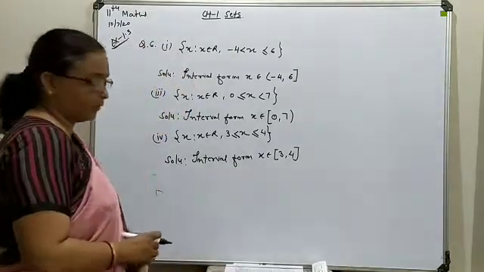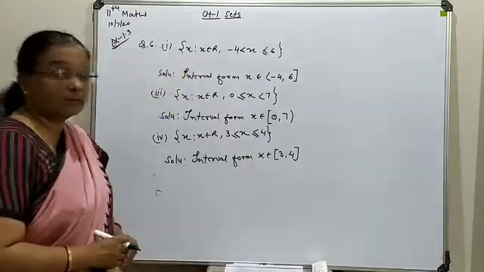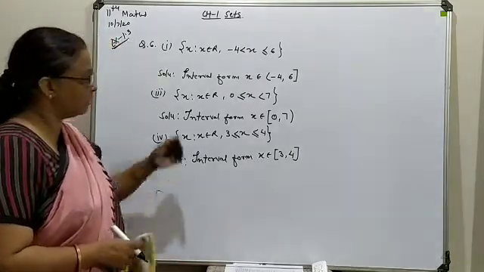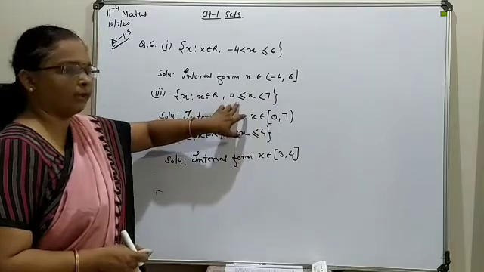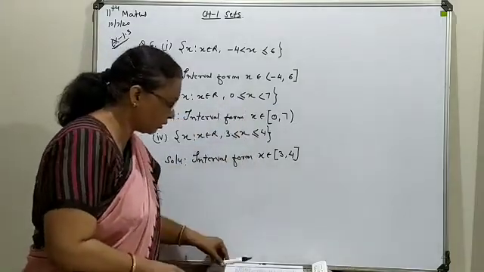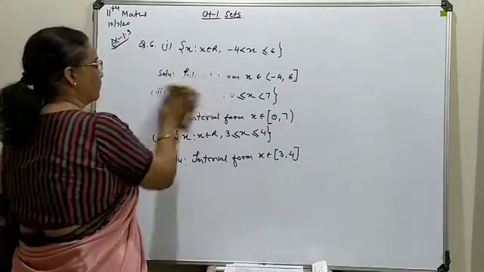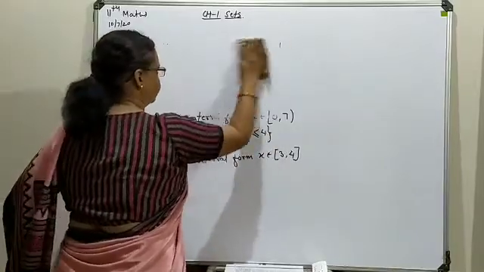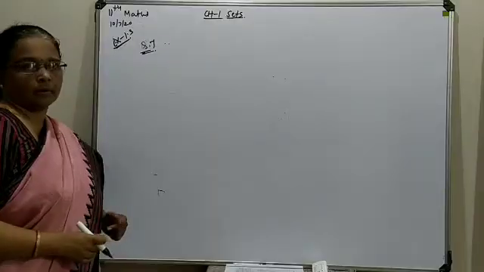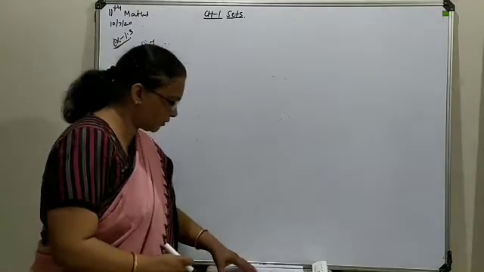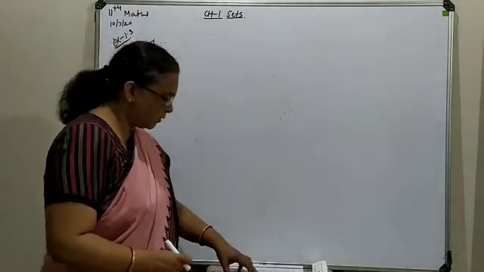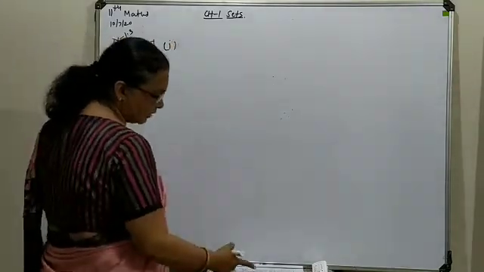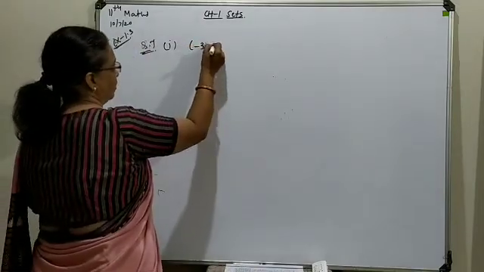Now the reverse order we have to write: in the next question interval forms are available, so you have to write them in set builder form, meaning this form is given to us and this form we are going to generate. Look at question number 7, in which interval forms are available and you have to write the set builder form. First, for example, your interval is available as -3 to 3.